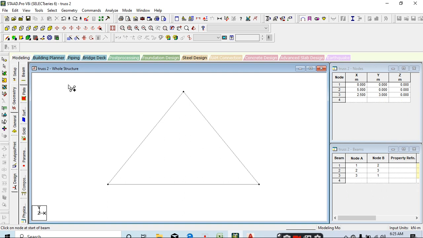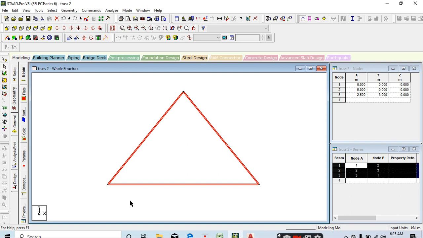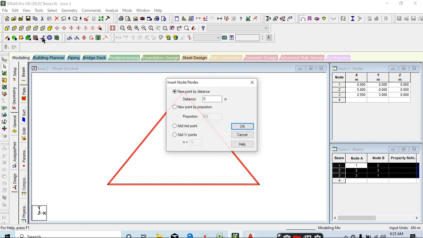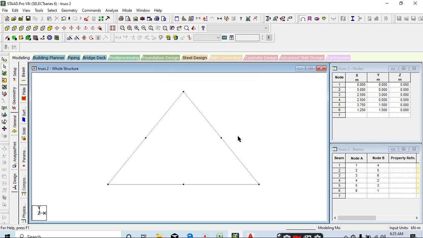I repeat it. Select all the members, go to insert node, click on add midpoint. All the midpoints are created.